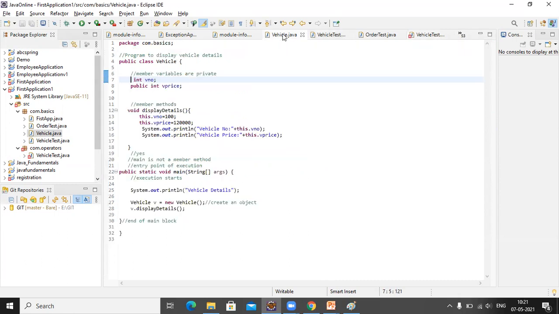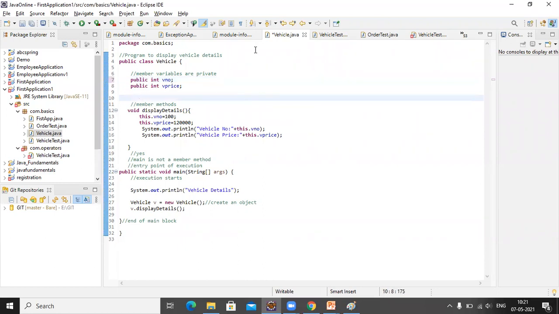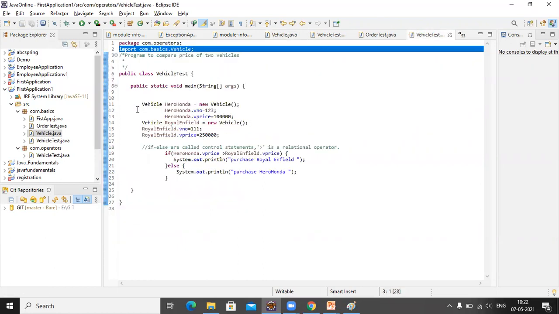So in order to get the accessibility, I'm using public int vehicle number and public int vehicle price. Okay, so these details I am accessing in another class, vehicle test.